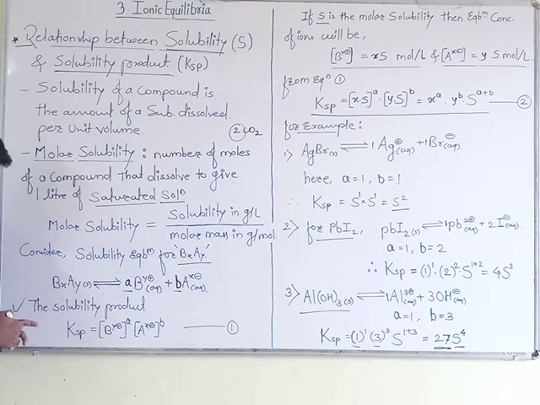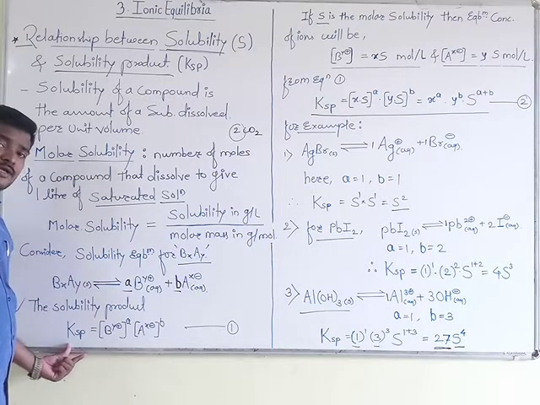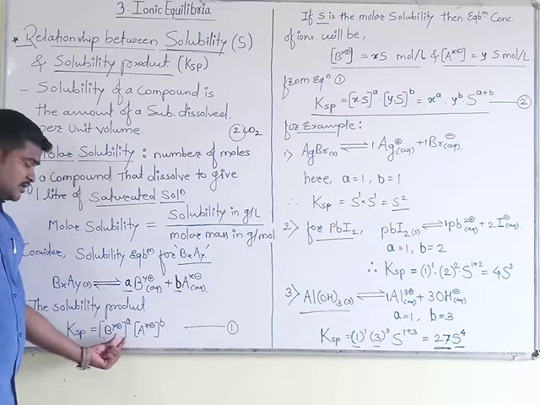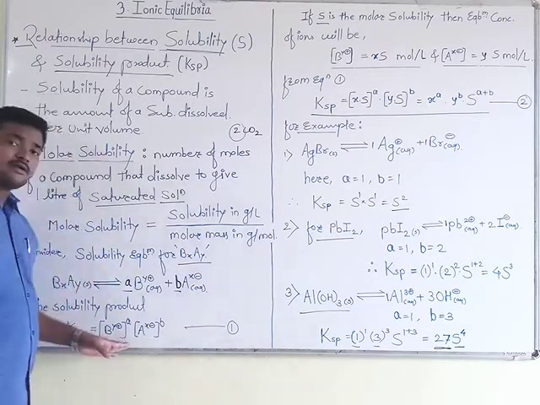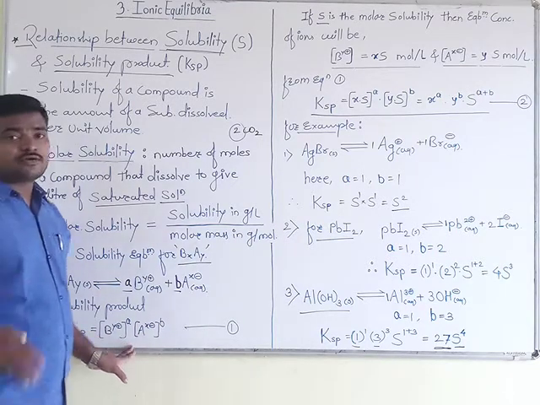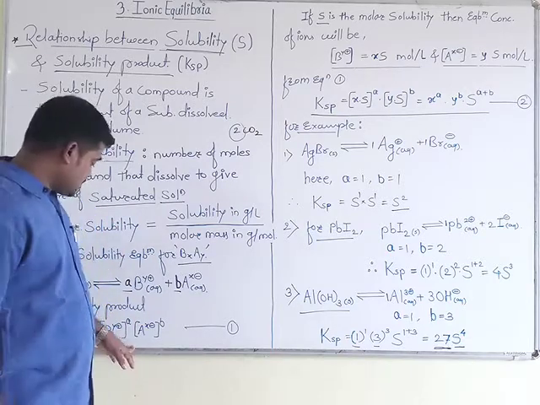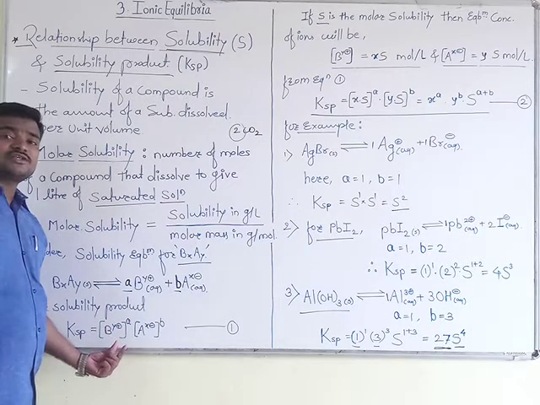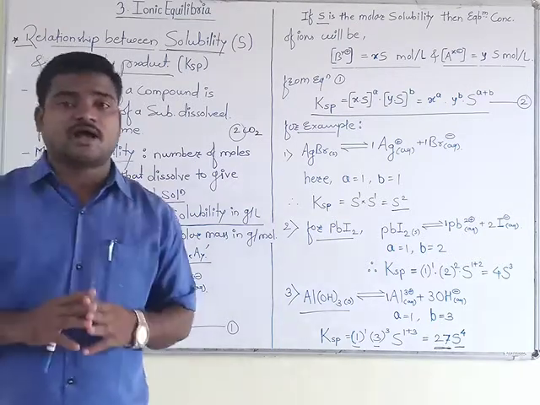Now here we will see their solubility product. This term KSP, which we already saw in our last lecture, the solubility product, is nothing but the product of the concentrations of the corresponding ions, which I have already written. We have also seen the ionic product of water, and this term is similar to that, but only if the salt is present, then we measure the concentrations of the corresponding ions.